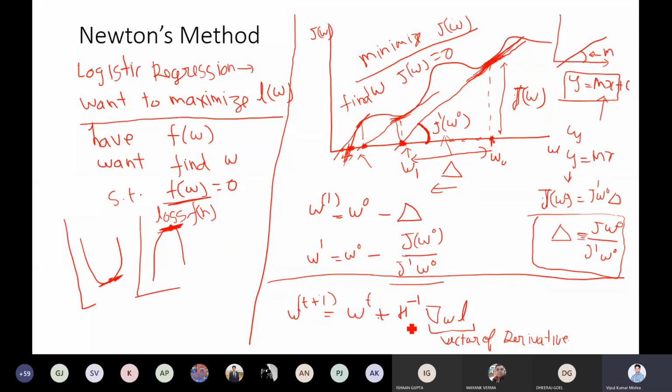Now, as we explained the Hessian matrix, here you will utilize the Hessian matrix, and with respect to J(W) this will be your vector of derivatives. You can say this is a kind of Jacobian matrix. So here we use the Hessian matrix and the Jacobian matrix to find the next W value, right? That is known as Newton's method. The beauty of Newton's method is that it reduces the loss in a quadratic way, or you can say quadratic convergence.